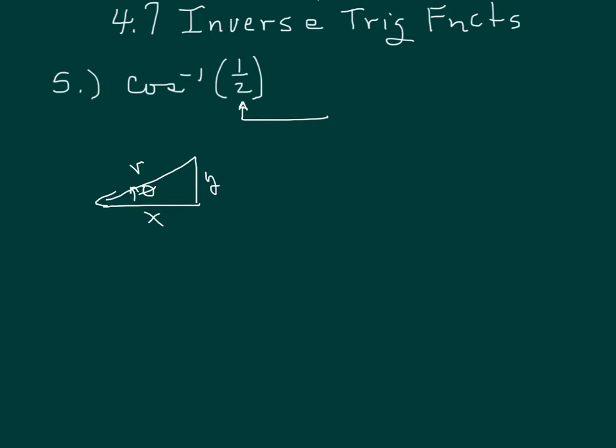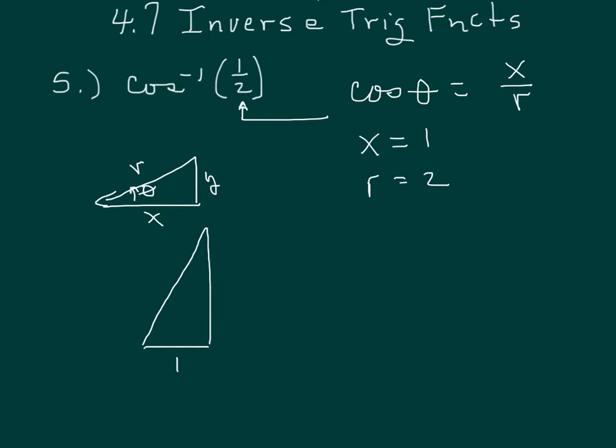So if we're looking at the angle whose cosine is 1/2, we know that the cosine of the angle is x over r. If x over r equals 1/2, x equals 1, r equals 2. If I draw this and put x equal 1, r equal 2,